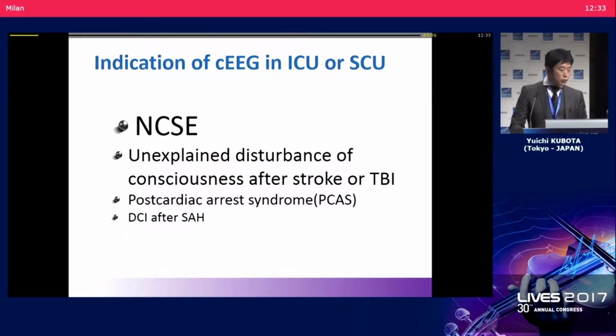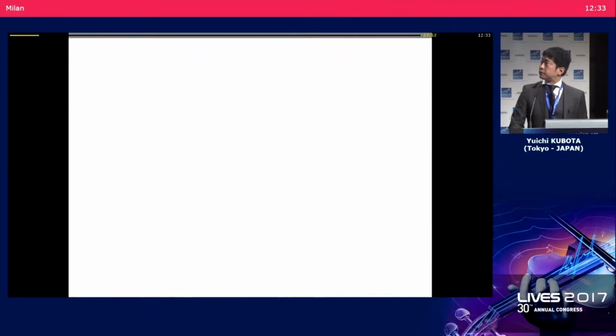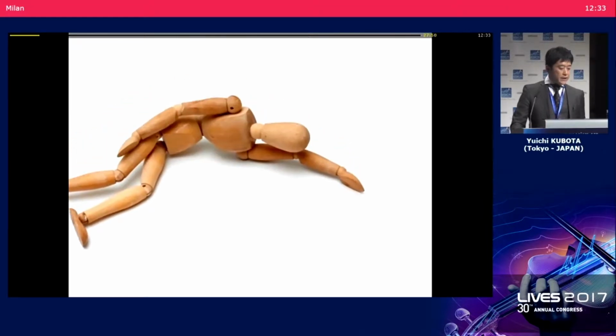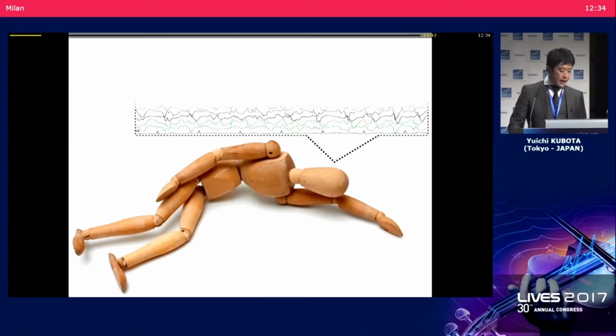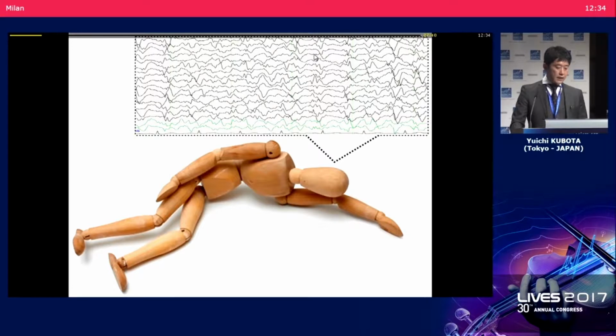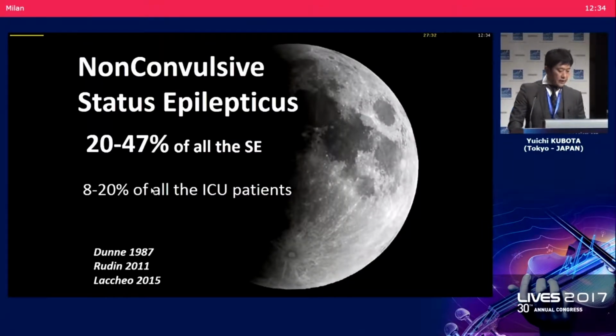So why is non-convulsive status epilepticus so important? When a patient is transported in an unconscious state and hospitalized in the ICU, EEG is most important as an assessment of the cause of the consciousness disturbance. So I think NCSE is partly hidden. So it is said